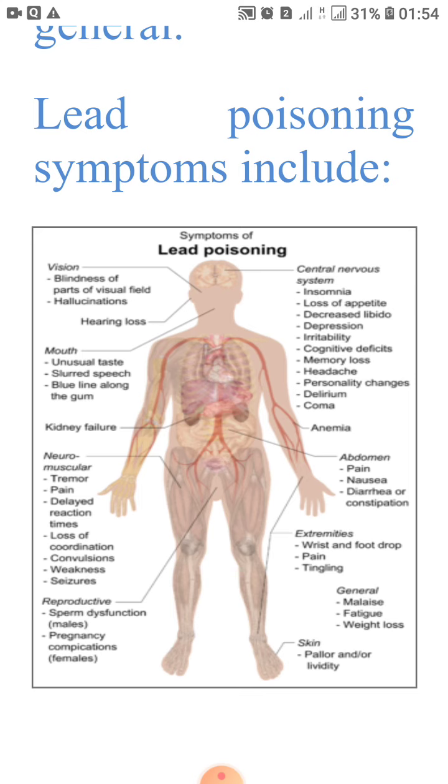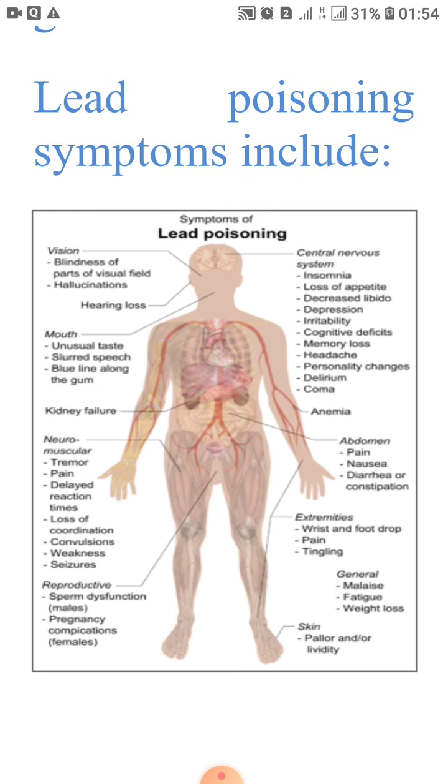It can result in neuromuscular problems, then even reproductive problems, skin problems, then CNS is affected. Here in this diagram, we can see the symptoms of lead poisoning with the